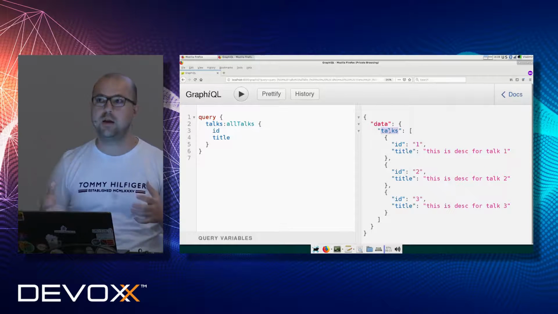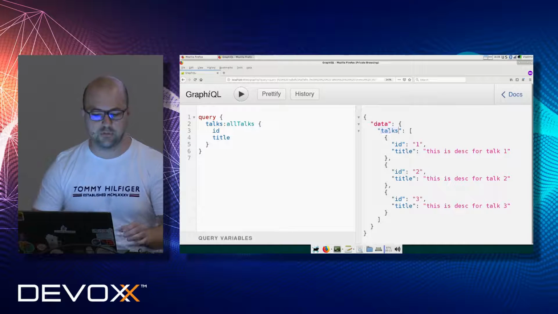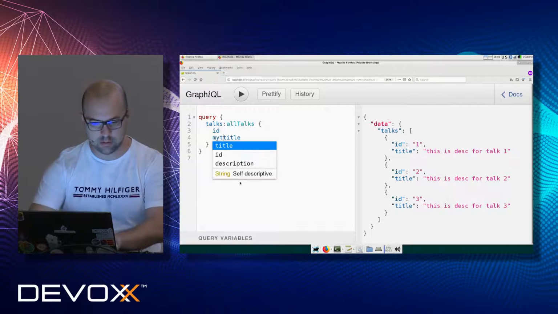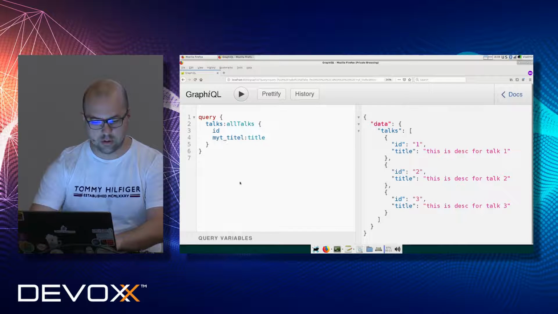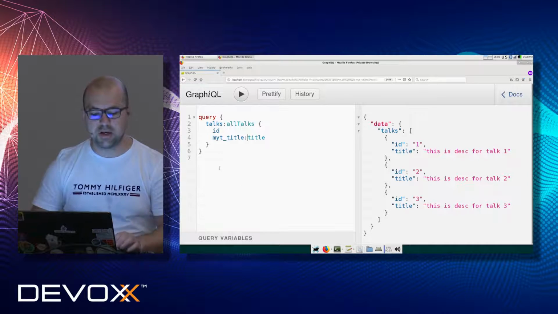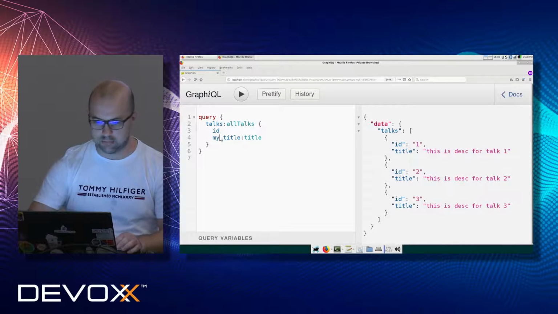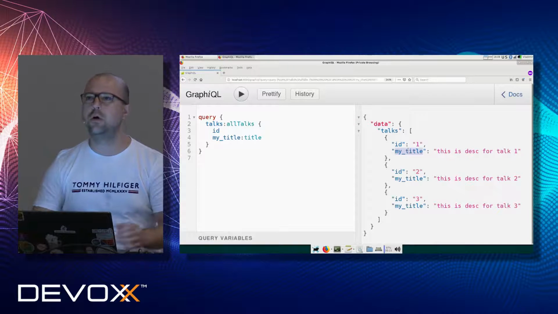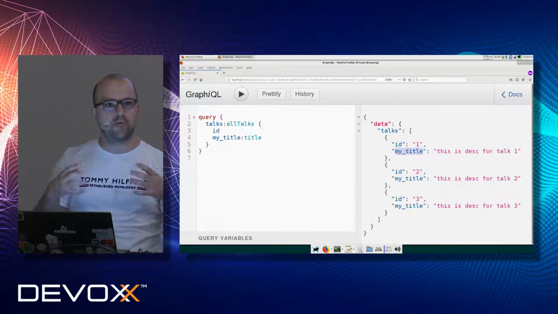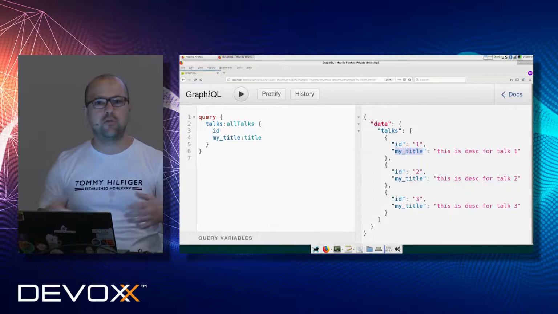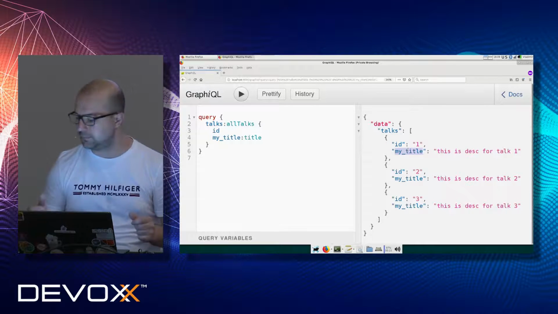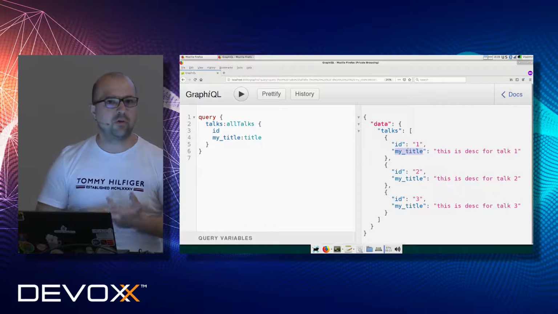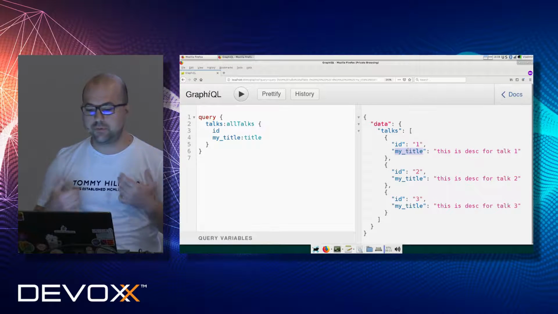So with GraphQL, what we get by default is that if we don't want to call this title, we want to call it, I don't know, my title, the frontend can decide, okay, I want to call this my title. No problem. Just go and call it. You're going to get talks, my title. So the backend can call this however they want, the frontend can call it however they want, so there's no more fighting anymore, which is a very good thing. So we get filtering out of the box, we get renaming out of the box,